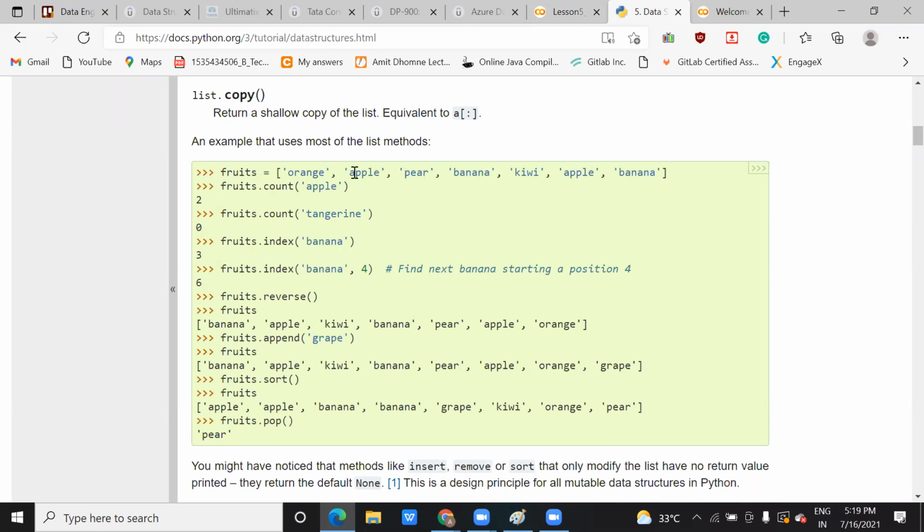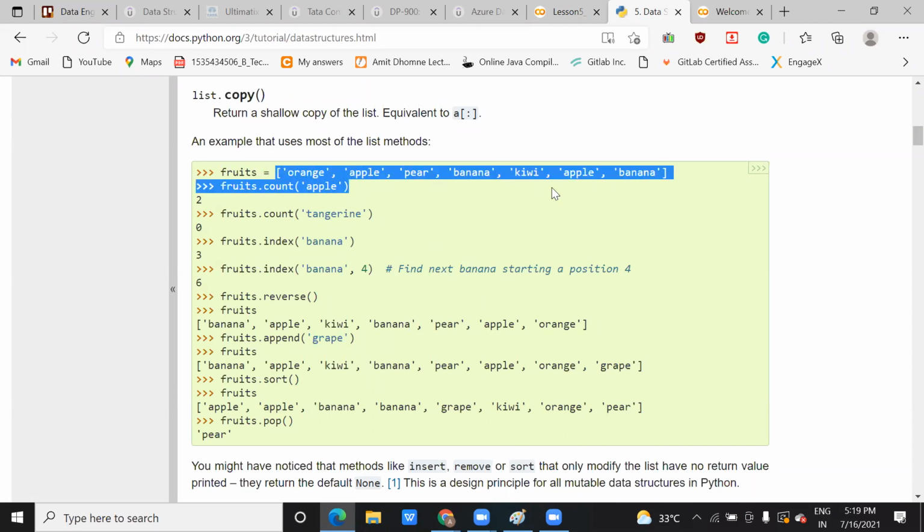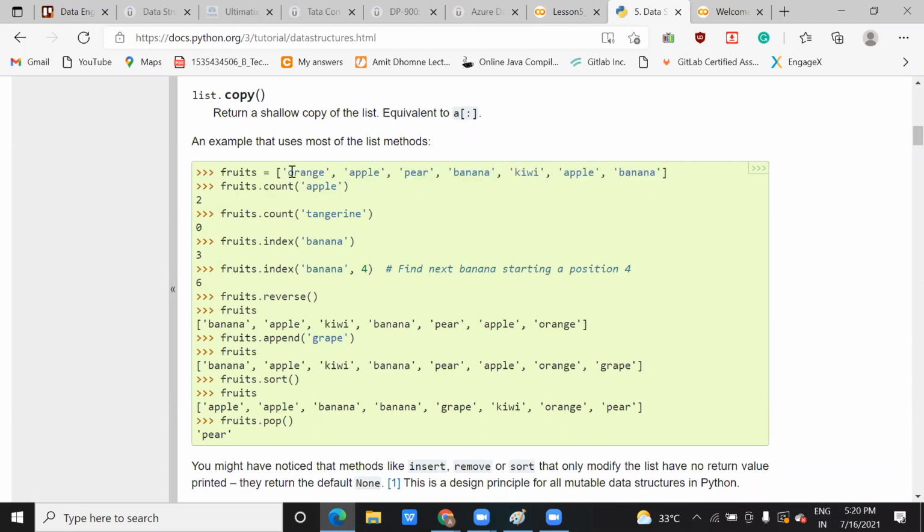These are different examples of the operations that we do on the list. You can see I created a variable fruit. Inside that fruit I have saved all these fruit names, which are of my string data type. String data type means a collection of characters. Now if I want to count how many times this apple is coming, it is giving 2. And which function am I using here? This predefined function count.